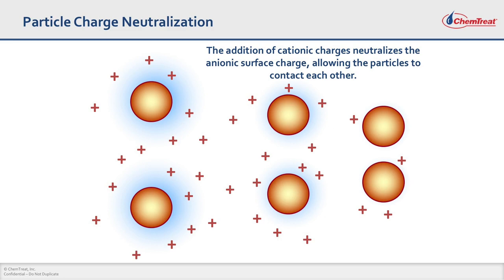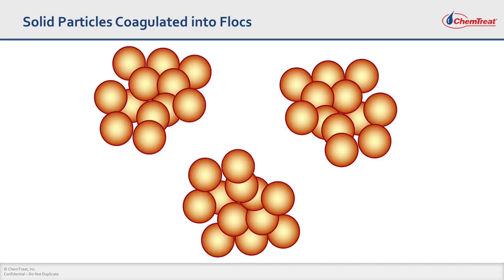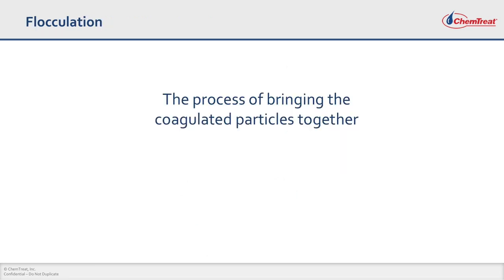These pluses will help neutralize the charge around the particle and allow that haze around the particle to reduce. As more coagulant is added, the haze around that particle reduces and the particles come closer together. And that's the goal of the coagulant, to reduce the surface charges around the particles so the particles can agglomerate. And what happens? Well, as these particles come together, they form larger flocks. And that's what we show in this representation. You've got a number of flocks comprised of a lot of little particles.